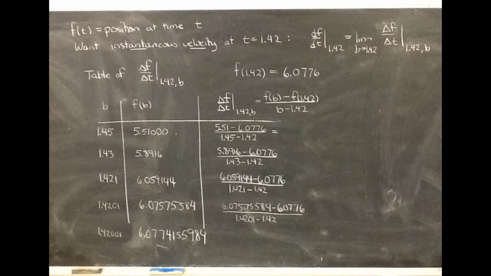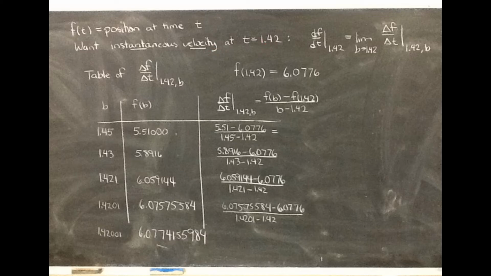I wanted to show an example of how to think about instantaneous rate of change when we can find the value of a function but we don't have any idea about its formula. So I'm imagining that I have a function f of t and it's measuring my position at time t. What I would like to find is the instantaneous velocity at a particular time, so here my time is at